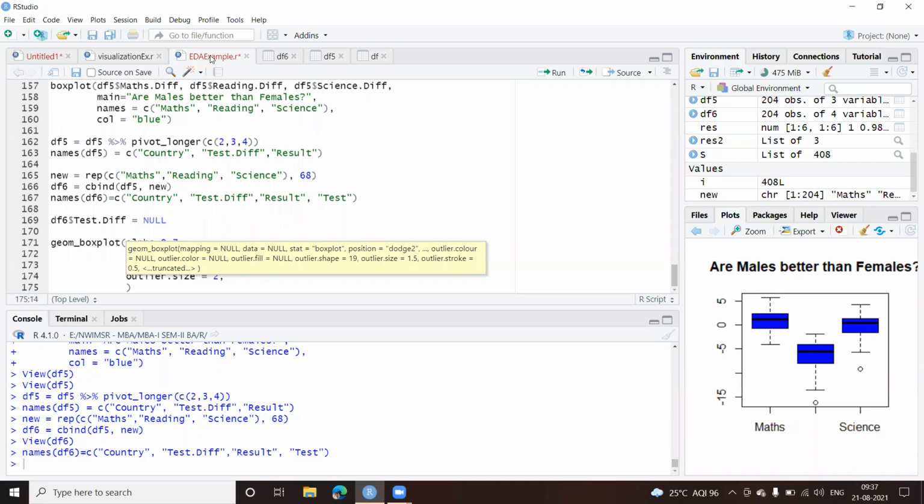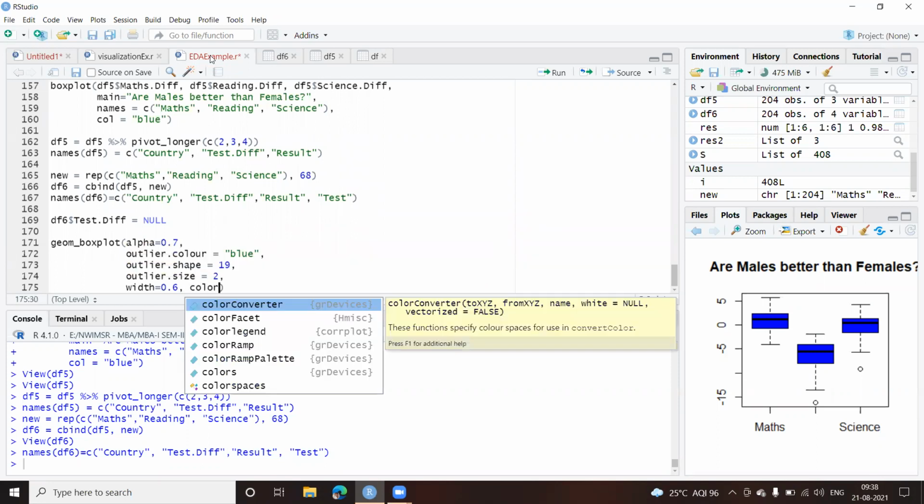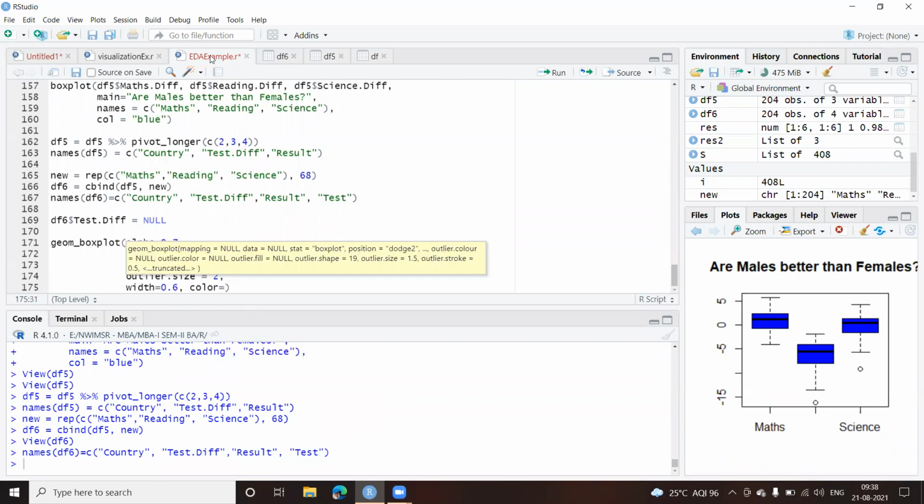Next, I have to mention the width for the box plot. So width equal to, let us mention 0.6. I'll give some color. Now in the color option, we also have some hash values. There are some values which can be used.